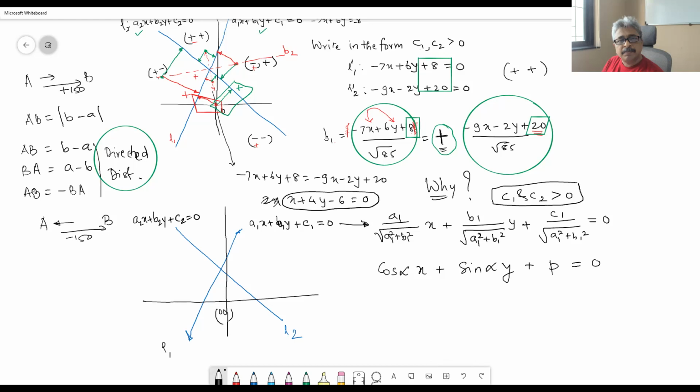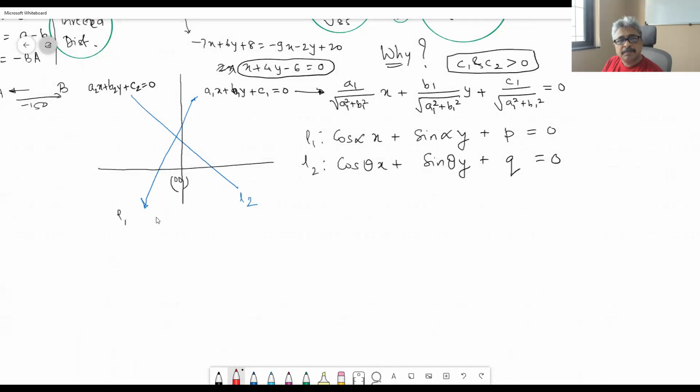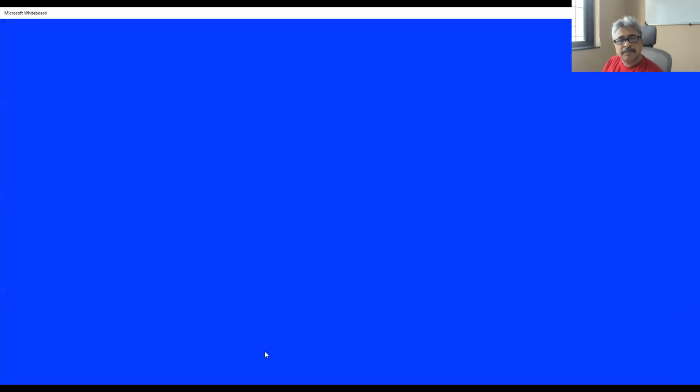Similarly, if we work for the second line, we will have A2 upon radical A2 square plus B2 square x plus B2 upon so and so. So this is our polar normal equation of line number 1. Line number 2 will look like, say, cos theta x plus sin theta y plus q is equal to 0, right? So what do we mean by this? We mean that if I drop a perpendicular from the origin,